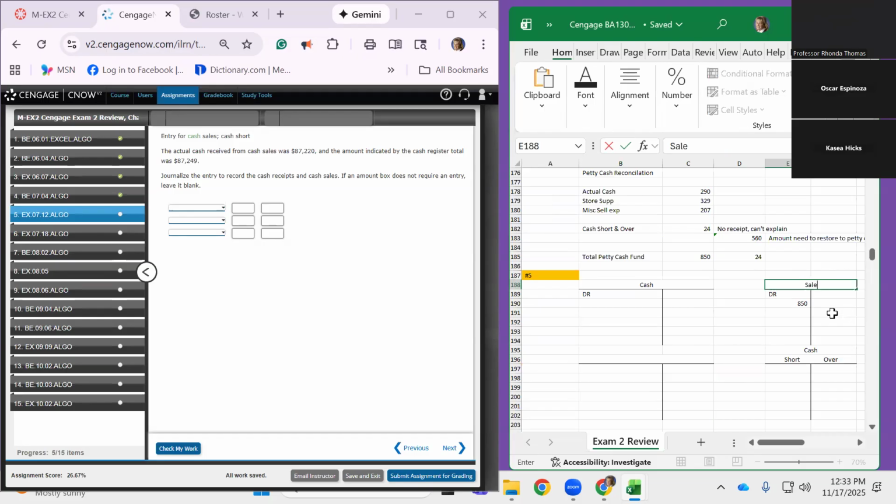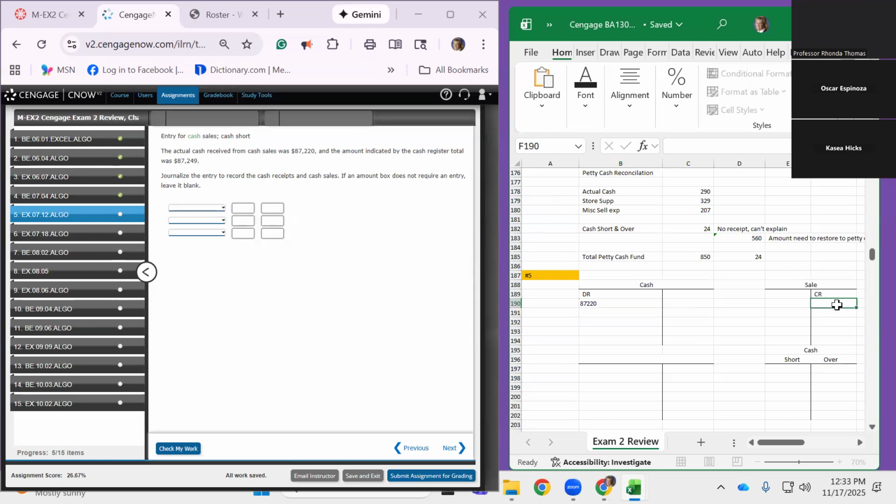When you're dealing with a cash register, you have your actual cash, which is the actual currency in the drawer, checks, the dollar bills and coins, right? Okay, so whatever the actual cash is,